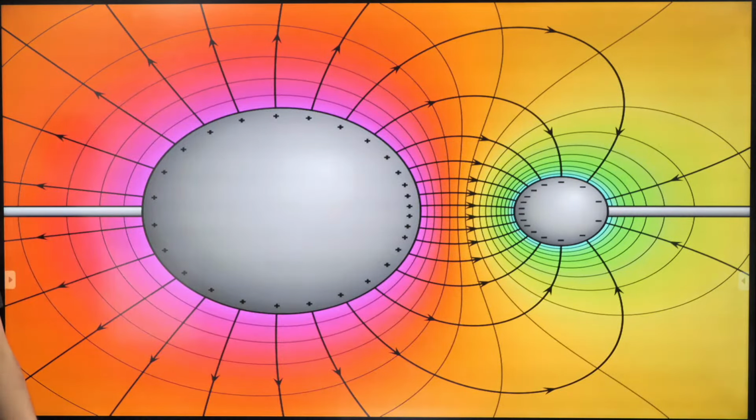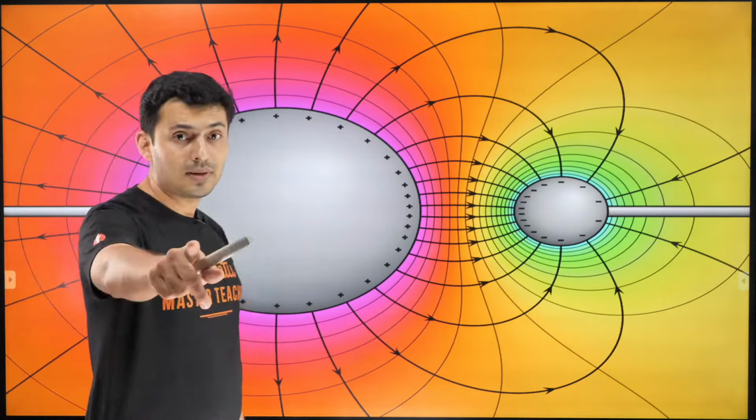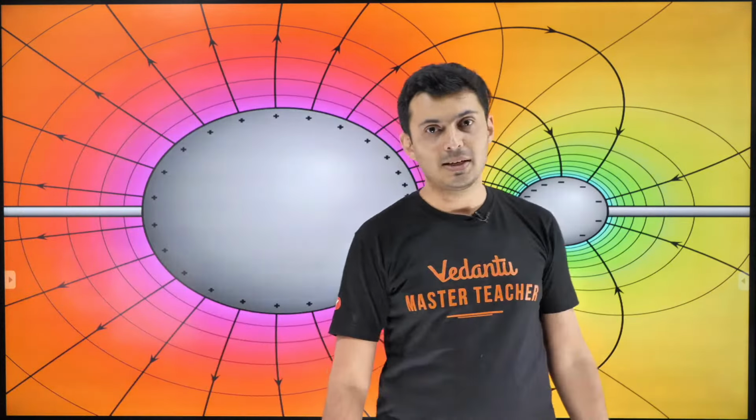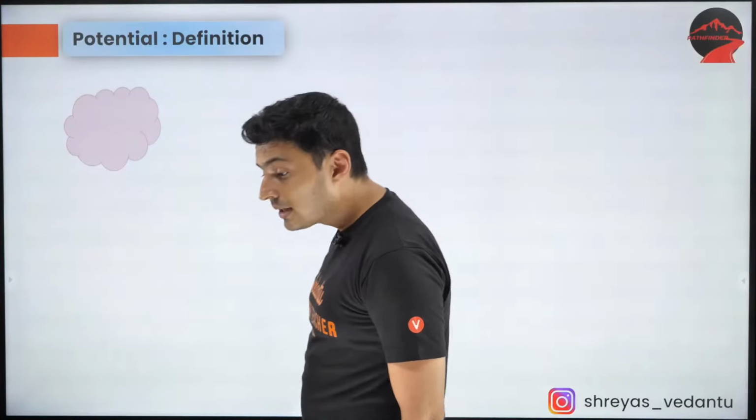Yes, how did you get the value 9 into 10 to the power 9, Anish? That's a standard value. K's value is 9 into 10 to the power 9. That's why. Okay, standard value. Remember, in the past lecture I have told you all of this. Okay, now,